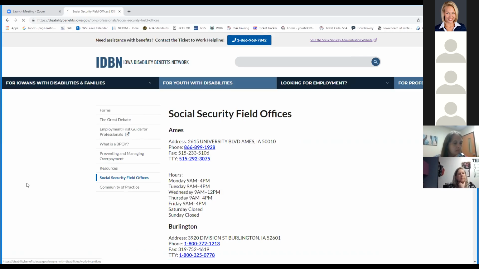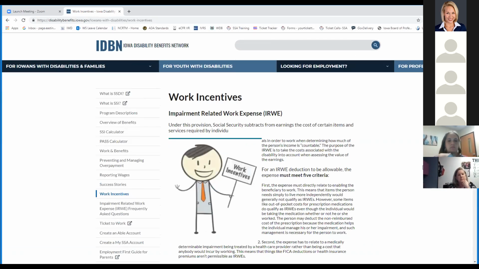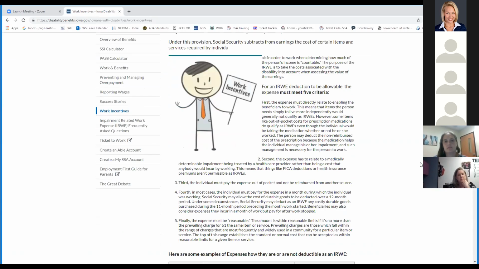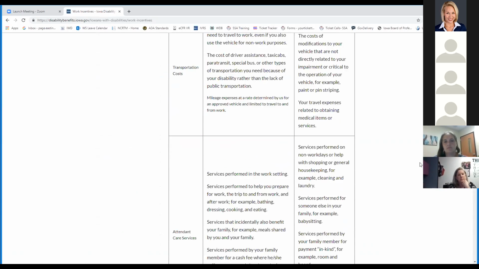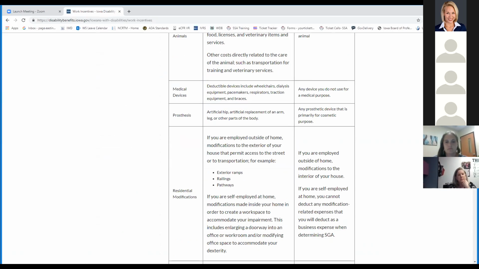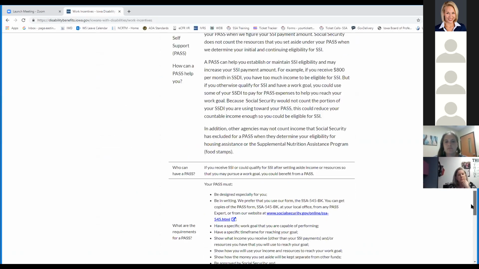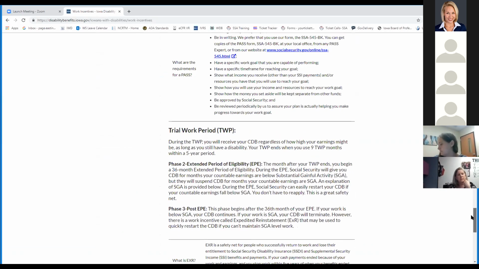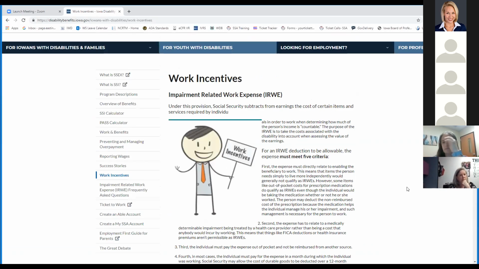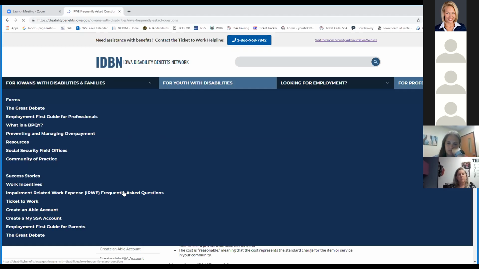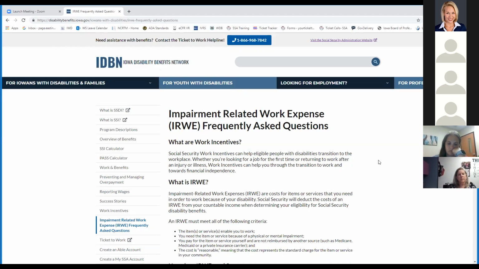Okay, we talked about reporting wages. We've got some information on work incentives. This is going to be further developed. It's a lot of reading, it's a lot of content. We wanted to get it up so that people could start accessing it, but we are working on developing some simplified version of this so that it's not so much reading. And we're working with a web developer to continue with that, but we didn't want to hold off on getting the site up. We also have some frequently asked questions about